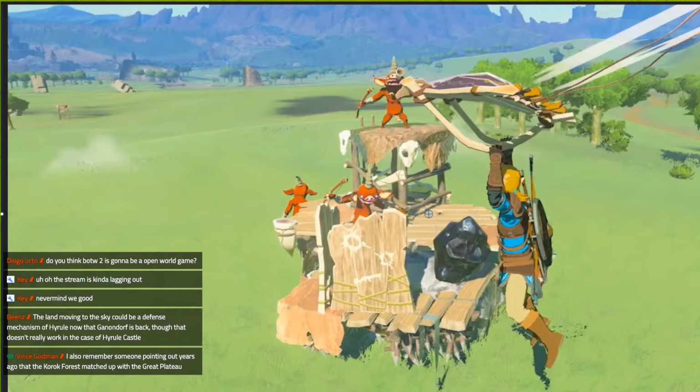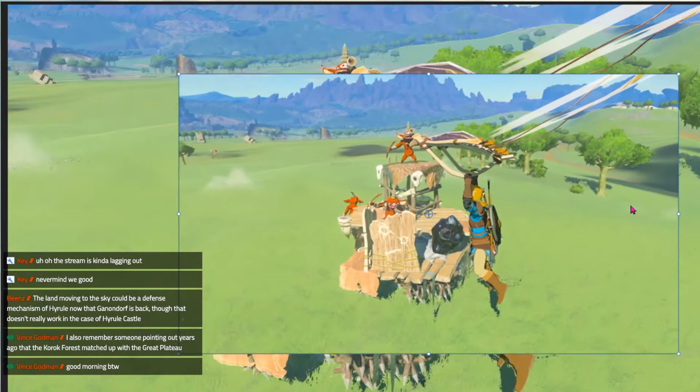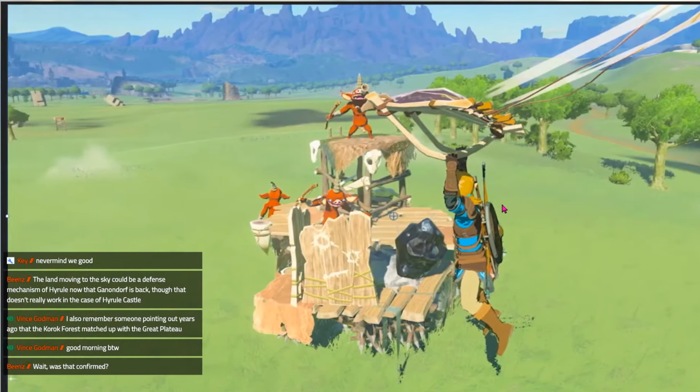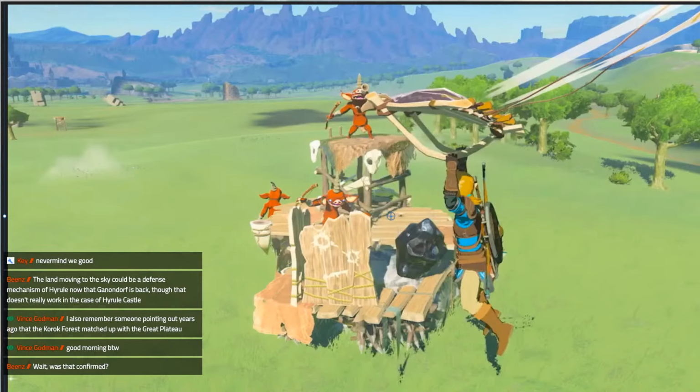Let's go ahead and pull this back out to 100. Need to get this shot framed. There we go. I guess I could just hit fit to screen, but...